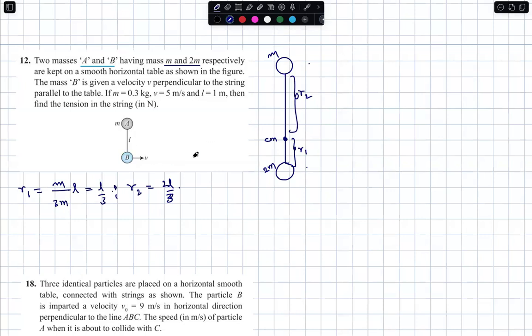You have projected the 2m mass with the velocity v. So the velocity of the center of mass is going to be m into 0 plus 2m into v, divided by 3m. This will become 2 by 3 times v. Right. Now, this is the situation. Now, if you do the same problem